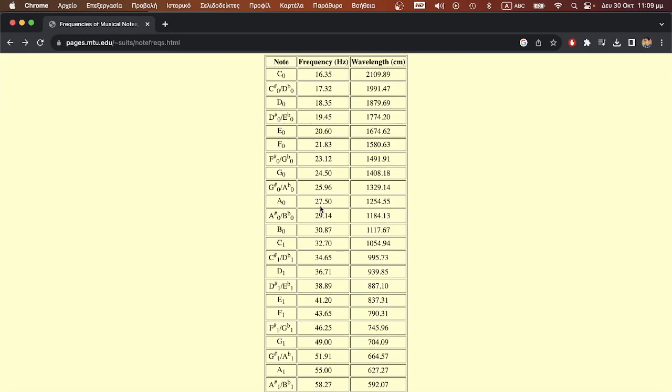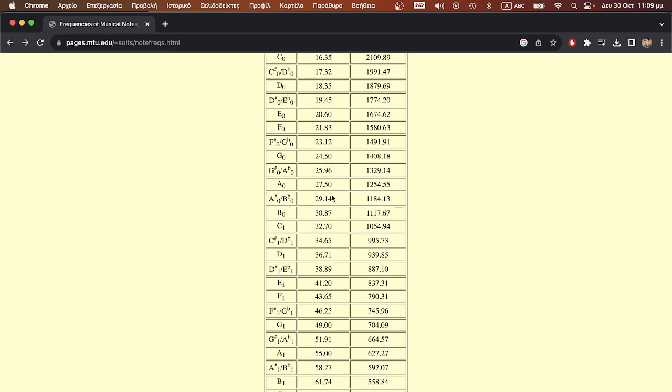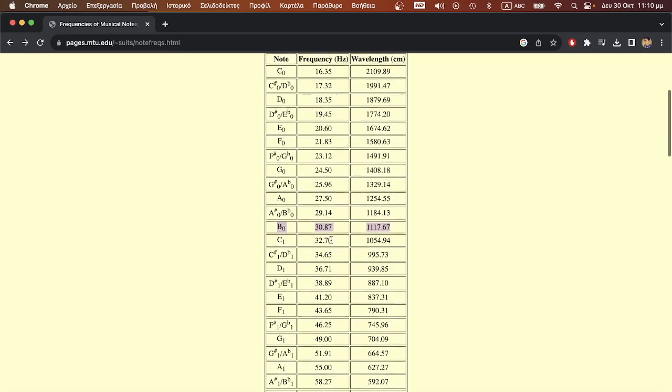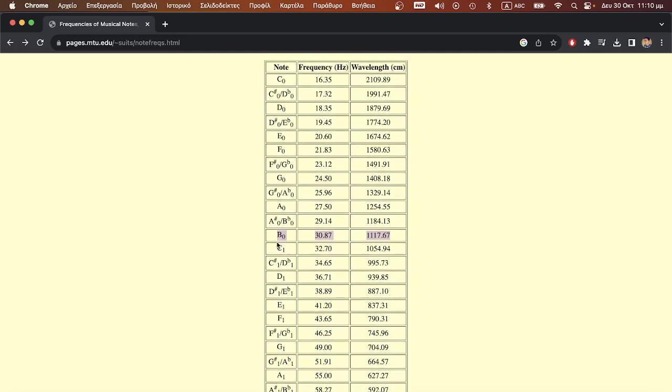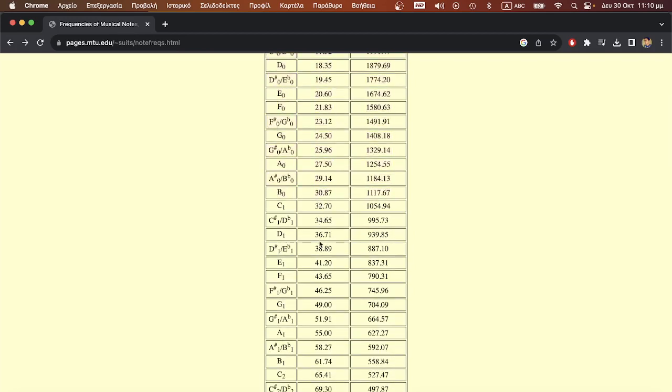I have learned that this is called psychoacoustics, or I'm not really sure about the term. Usually our ear picks up sounds from 30 Hertz and above. So we will start by focusing on the C1 note and above, because below here is pretty much not audible. So generally 30, 32, 34, 36, and